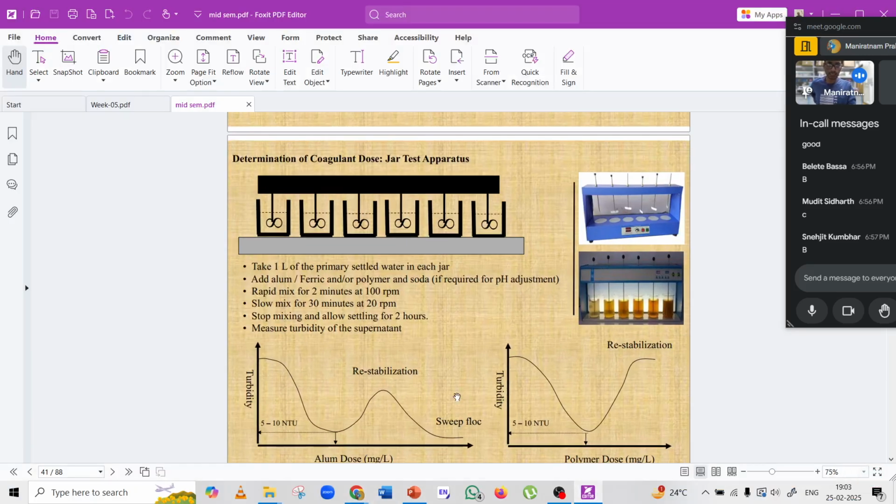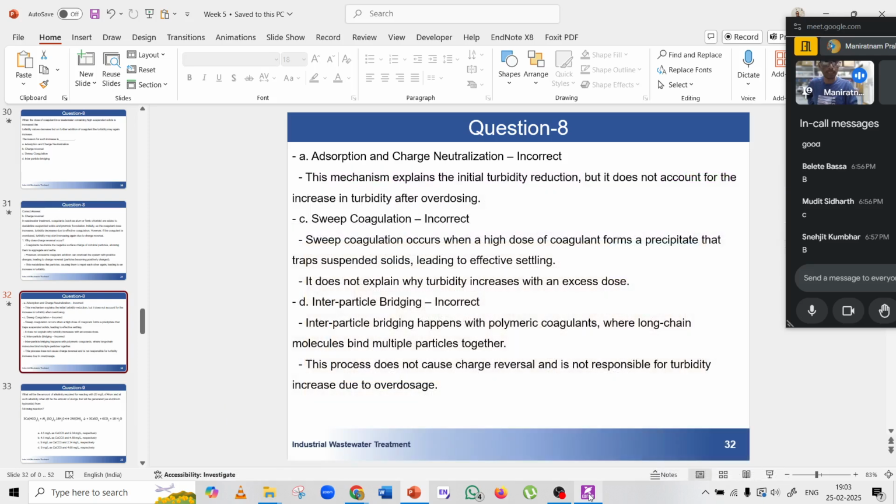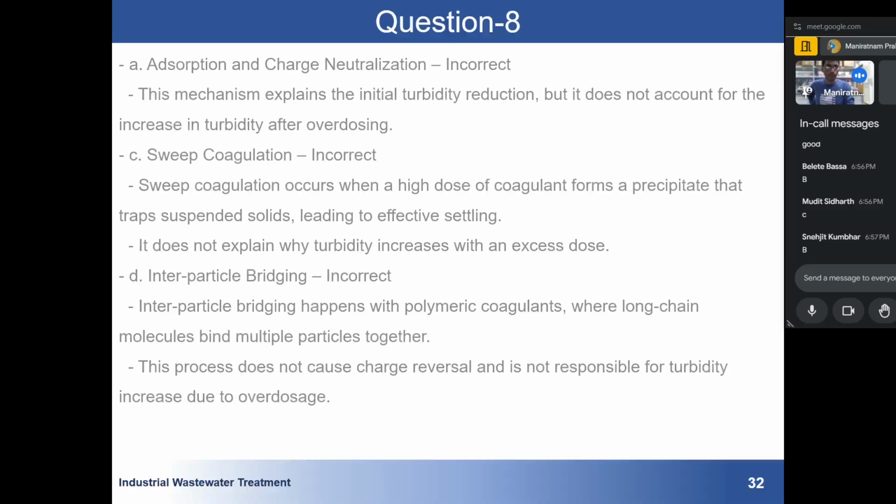Here you can see that when we are adding too much alum, there is a concept of sweep floc. What is happening is that the alum will react with water and form aluminum hydroxide, and the aluminum hydroxide will start to precipitate and also carry down the smaller particles which are there in the system. So overall, this phenomenon is known as sweep flocculation,